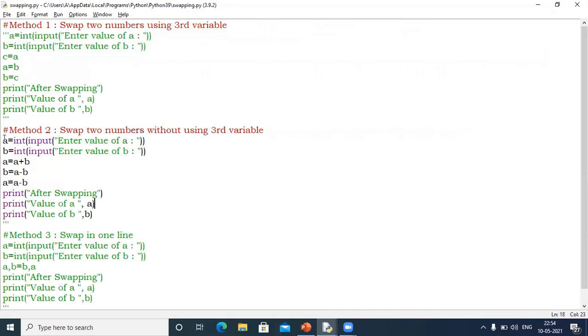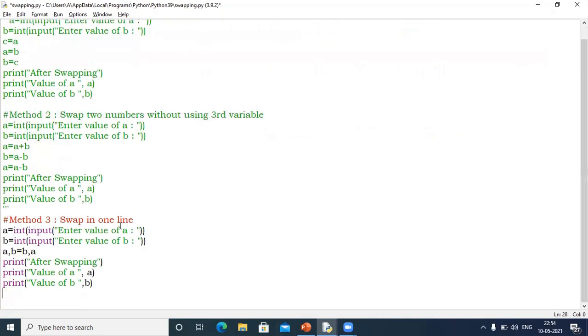This is the easiest. Let me first comment out the above code. This is the students' favorite swap method, because in this they don't have to use their brain. This is the easiest way, so normally they prefer to write this.